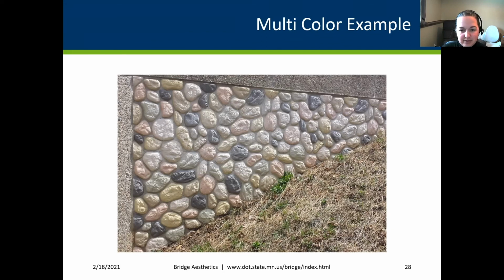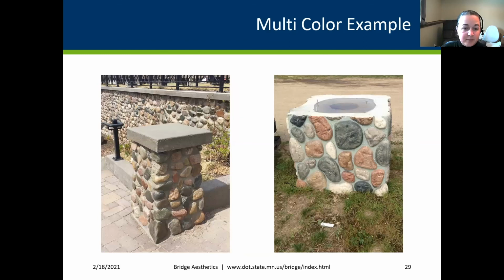So these are the kind of things that we want to try to avoid, because this is what's on the other side of that. And as designers and project engineers and things like that, we want to make sure that we are keeping up with what our communities are doing and really listening to the stakeholders and the constituents and working with what they're doing and not going against it. If we were going to match this, we should have had something closer to what's on the right. Really taking the time to make sure that that was done right.